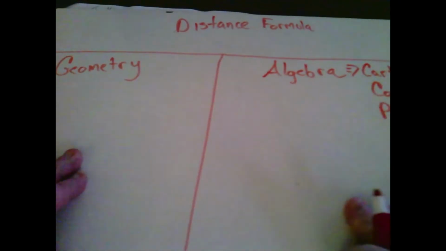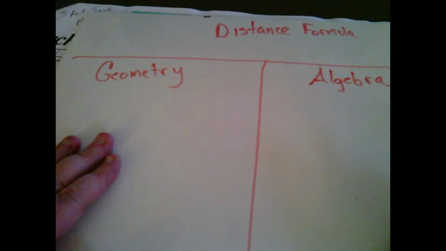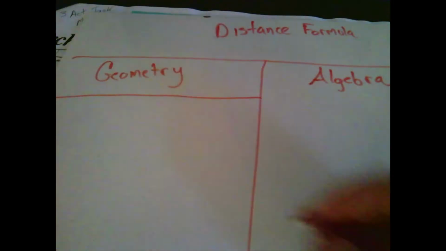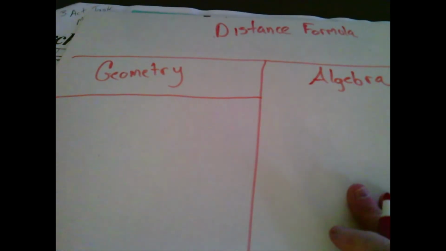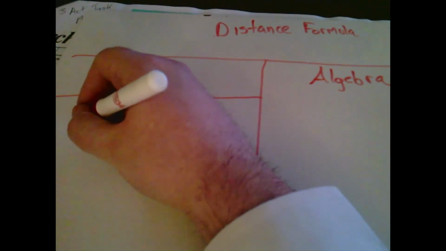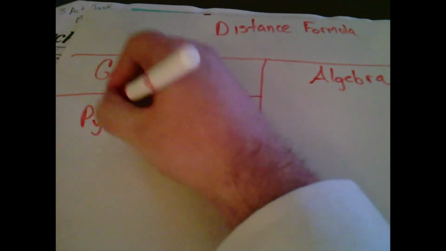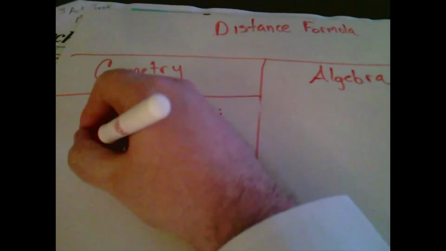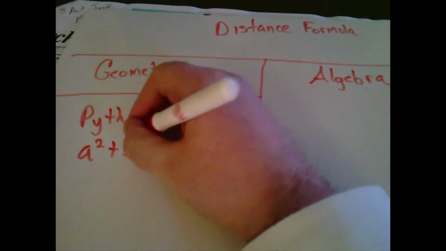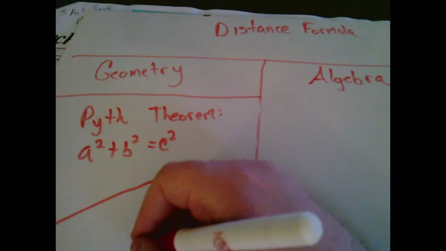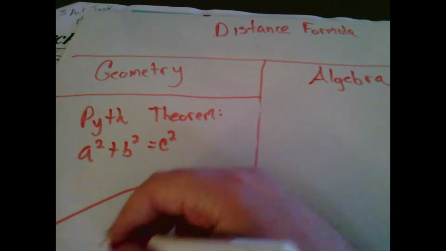Okay. So, from the geometry side of things, one thing that we're going to be proving very soon in our geometry section that we're working towards with our study of Euclid's elements is one of the big formulas of all of mathematics, one of what I think is one of the most important formulas, and that being the Pythagorean Theorem, which is, of course, a squared plus b squared equals c squared when we have a triangle that is a right triangle, meaning that one of its angles is 90 degrees,